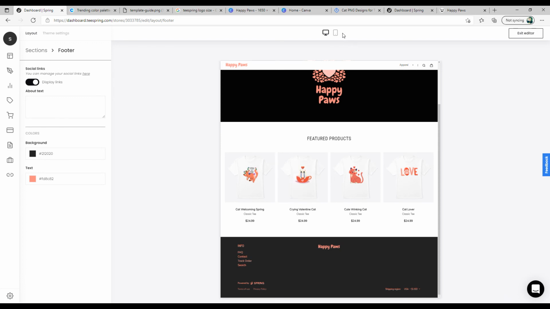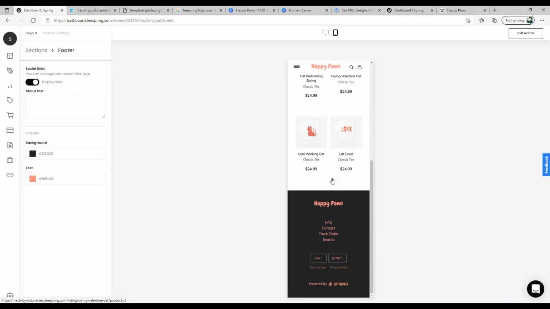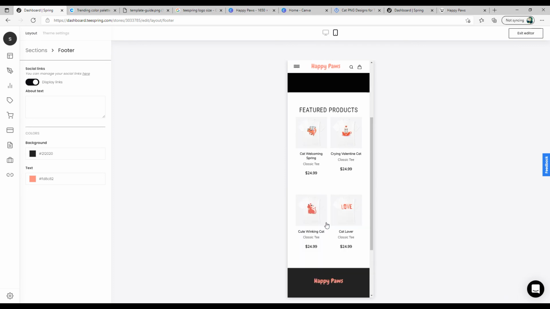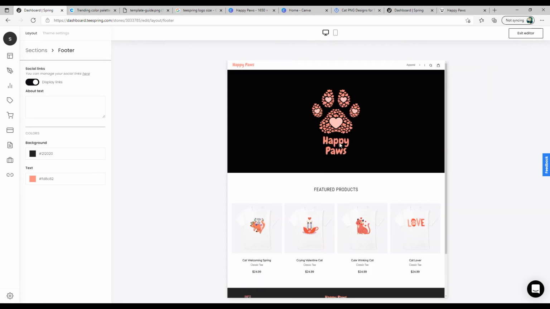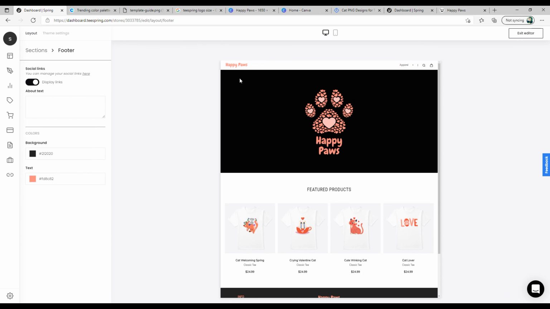So once you have changed the footer, again go to this particular toggle area and check how it looks. I personally don't want to keep the about information, so I just removed it. And since this is going to be a tutorial video, and probably the happy pause, this is a trademarked name, so just make sure when you're creating a store name it is not trademarked. So here I'm just using it for demo purpose, just to show you how to set up your Teespring store. So that's why I just didn't do much research on the trademark part of it.